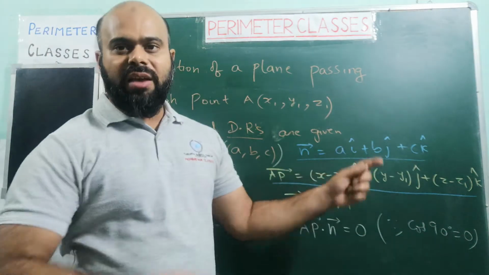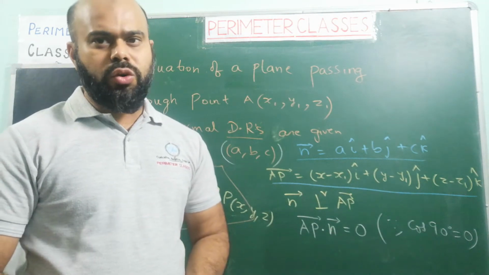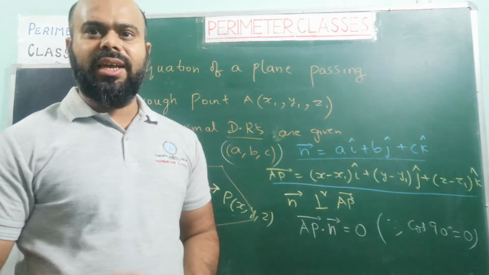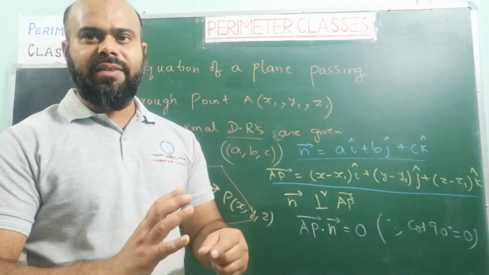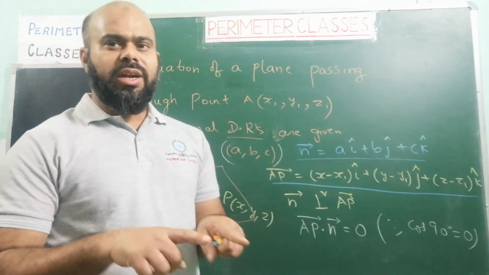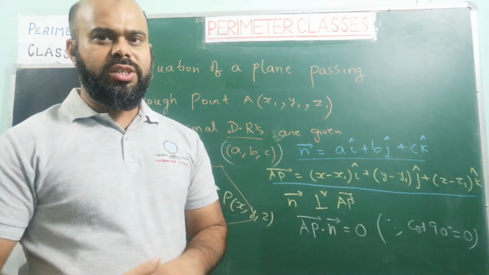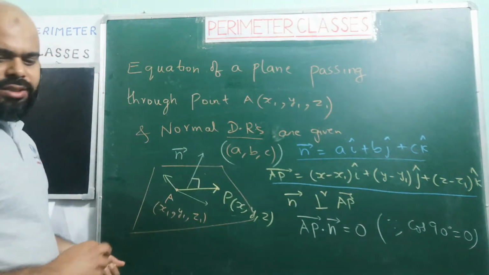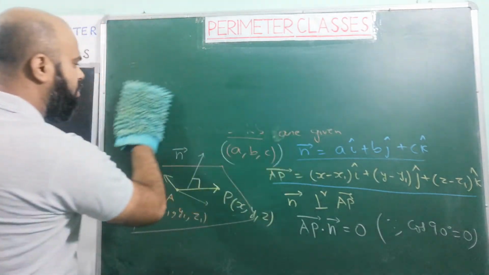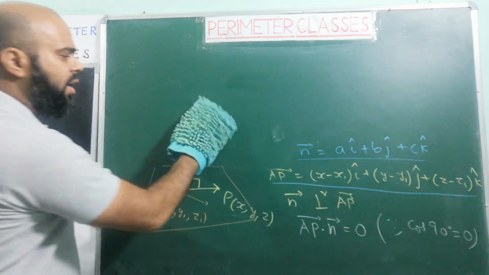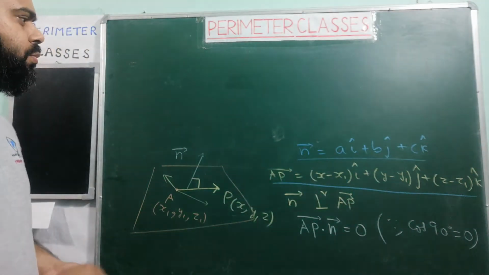But if I multiply i with j or i with k or j with k, the dot product gives you 0, because in these situations the angle is 90. It is an orthogonal system, x, y, z are all at 90 degrees with respect to each other, and if the direction is the same, i dot i, then the angle is 0 and cos 0 is 1. So if we take the dot product, we get the equation of the plane passing through the given point and normal to the vector.